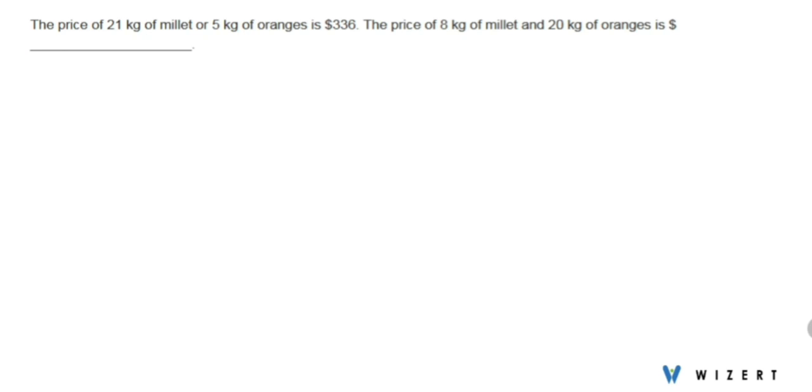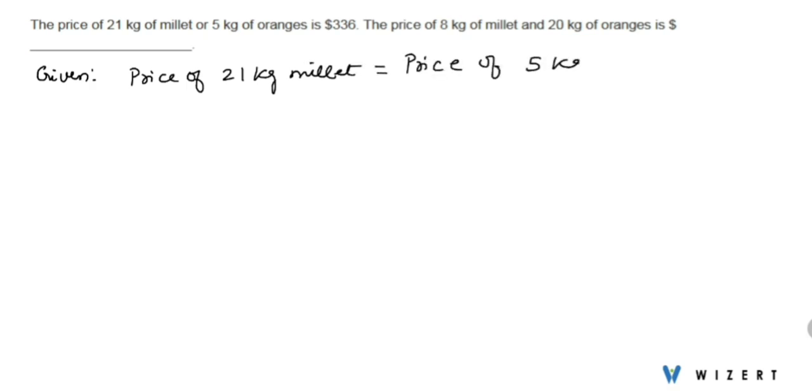The price of 21 kg of millet or 5 kg of oranges is $336. So the price of 8 kg of millet and 20 kgs of oranges is what we have to find out. So what is given is the price of 21 kg millet, which is equal to the price of 5 kg oranges,